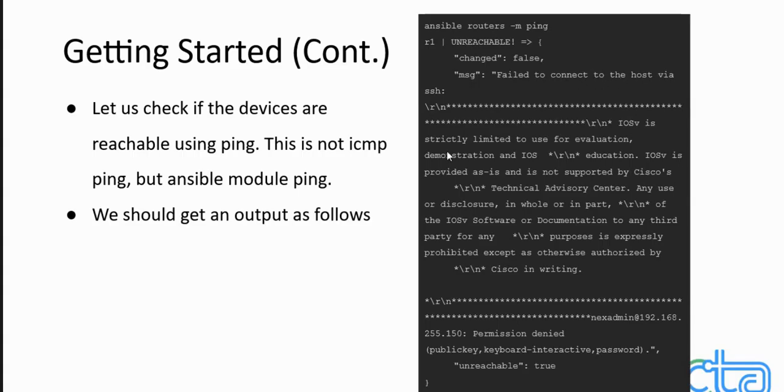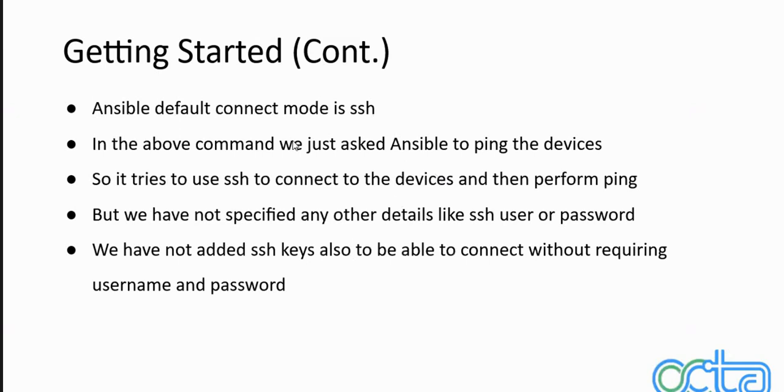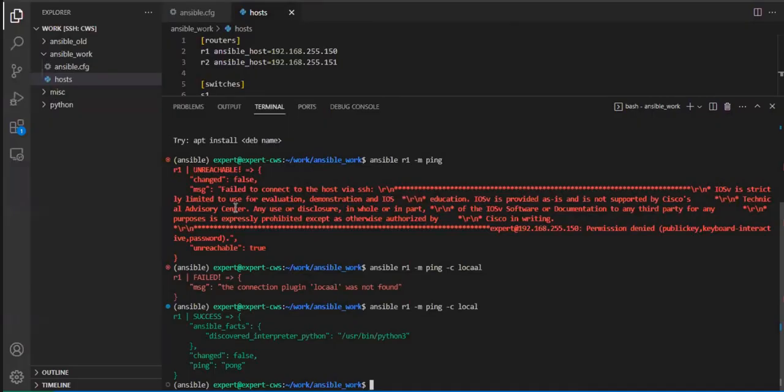Failed to connect to a host via SSH. So Ansible's default mode of connecting to devices is via SSH, right? That we have to keep in mind. Ansible by default, in the absence of any other additional information, tries to connect to the device via which device? The list of devices which are mentioned in the inventory, or the ones which we have mentioned in the command line. Now, what is the list of hosts which are mentioned in the inventory, and what I am mentioning here